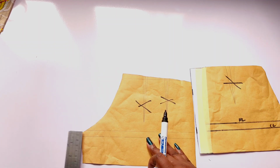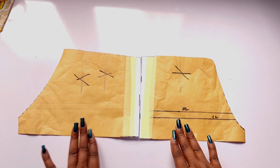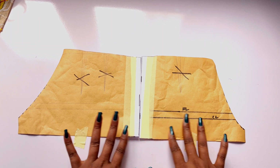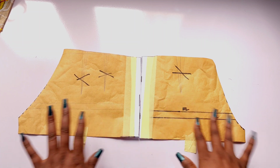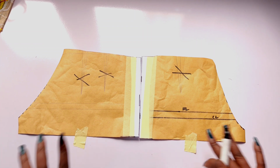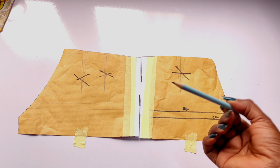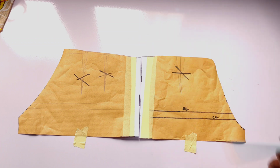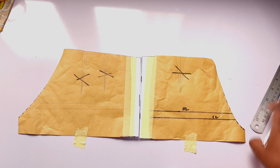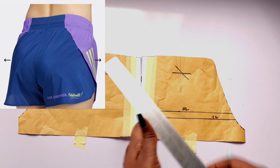So now we have all the changes that we want to do so far done. I've just taped this down so that they don't move around when I'm trying to explain what I'm trying to explain. And I'm going to do this explanation first with a pencil, just so that we can get our lines before we mark it down. Now for that pattern that we want to make,